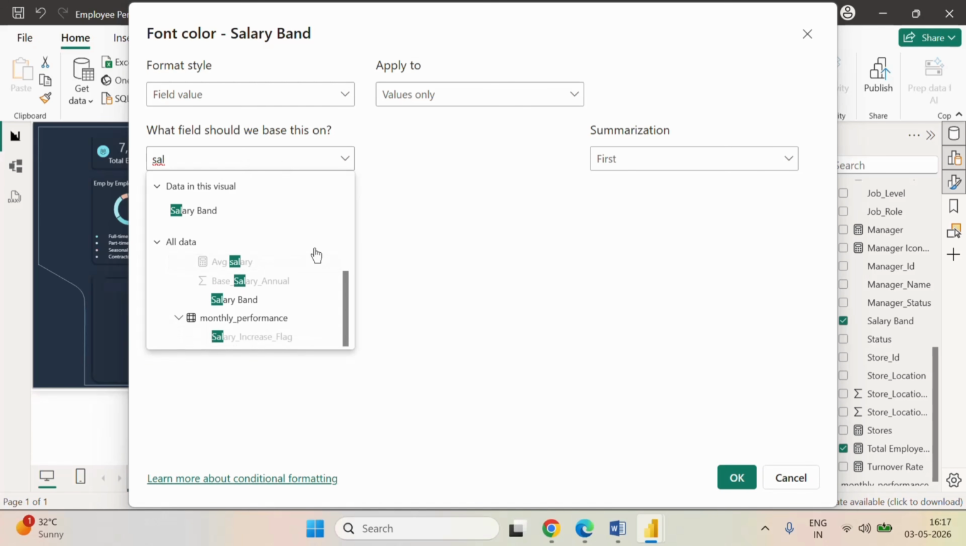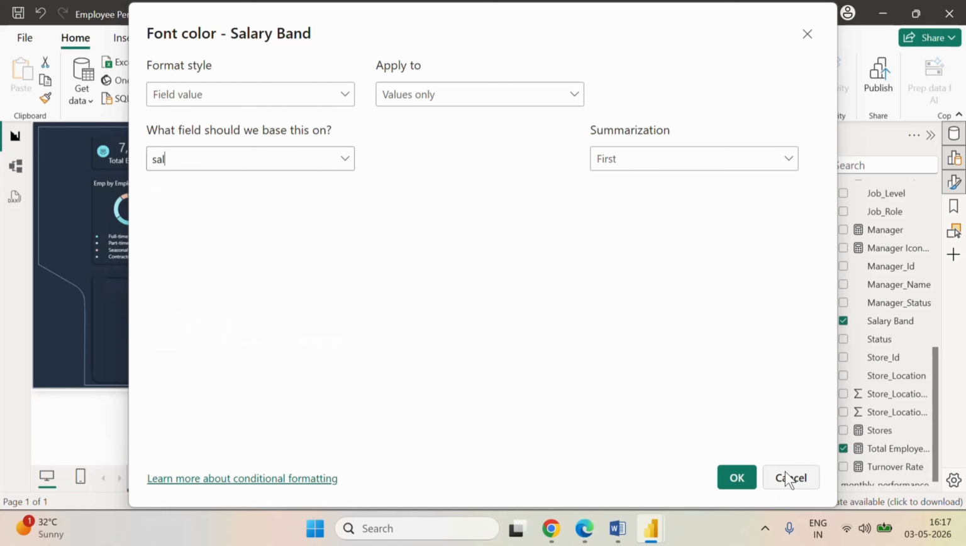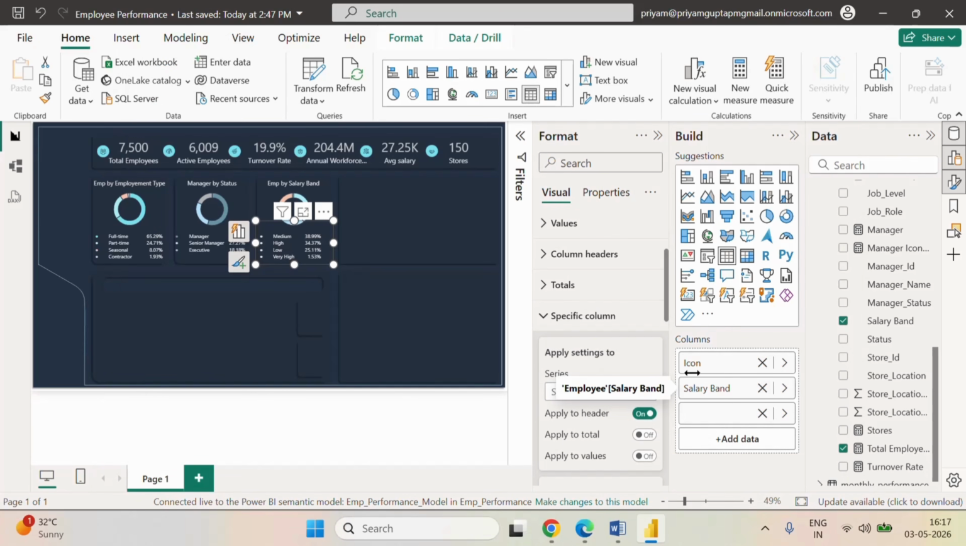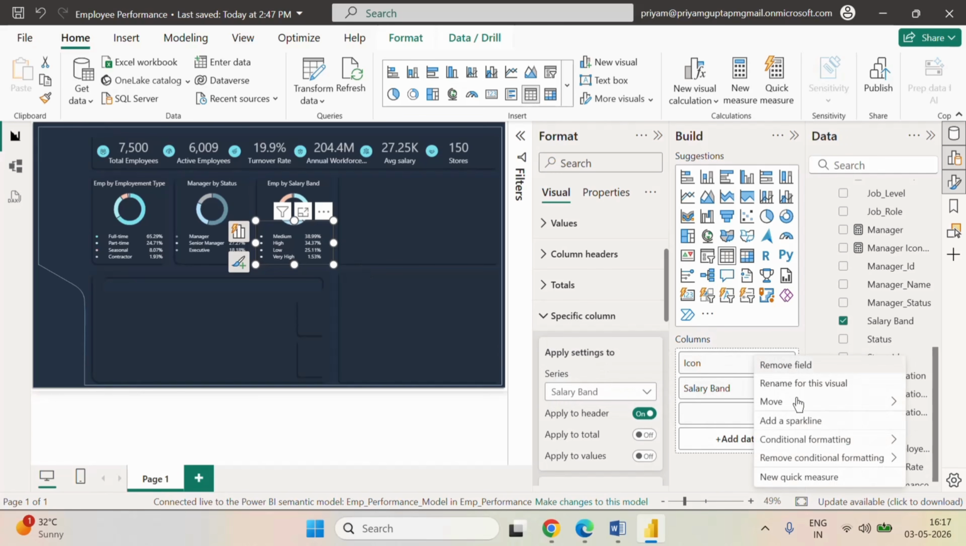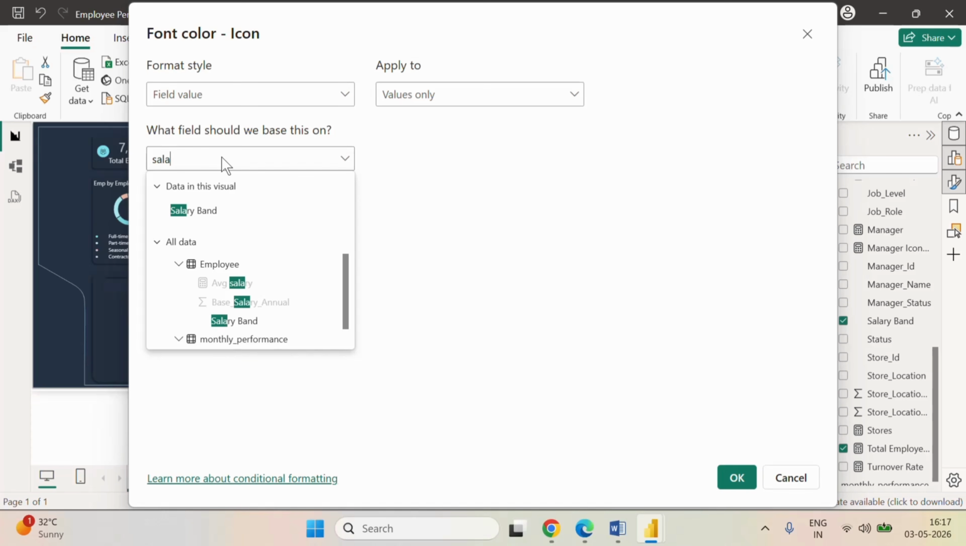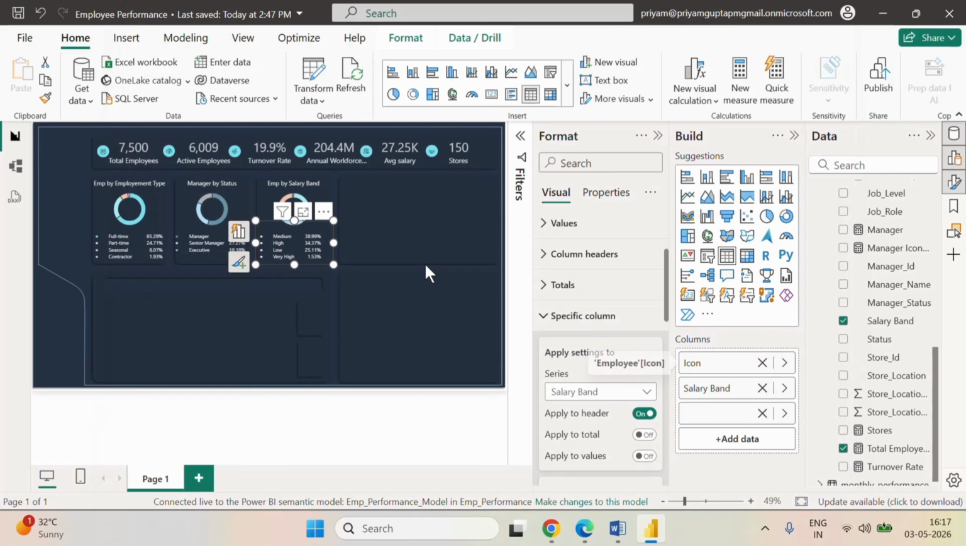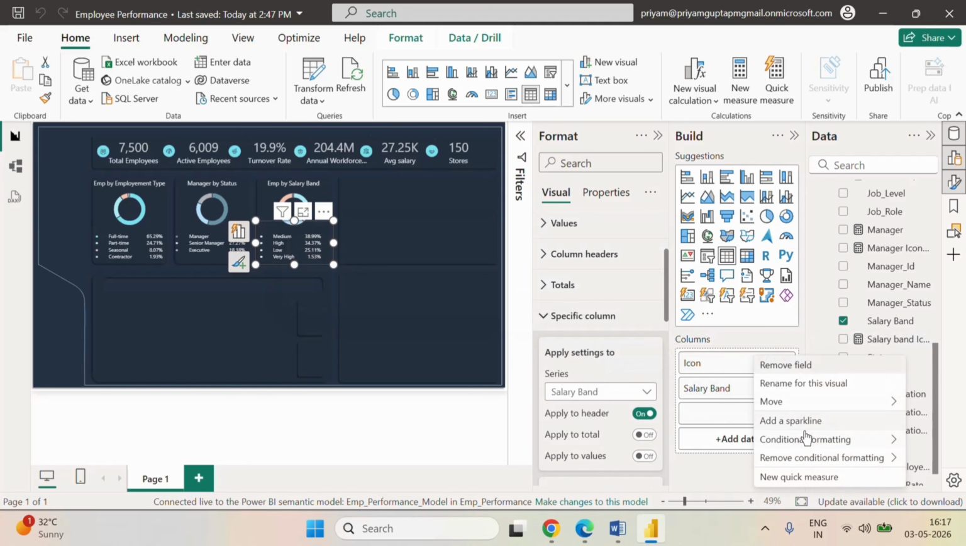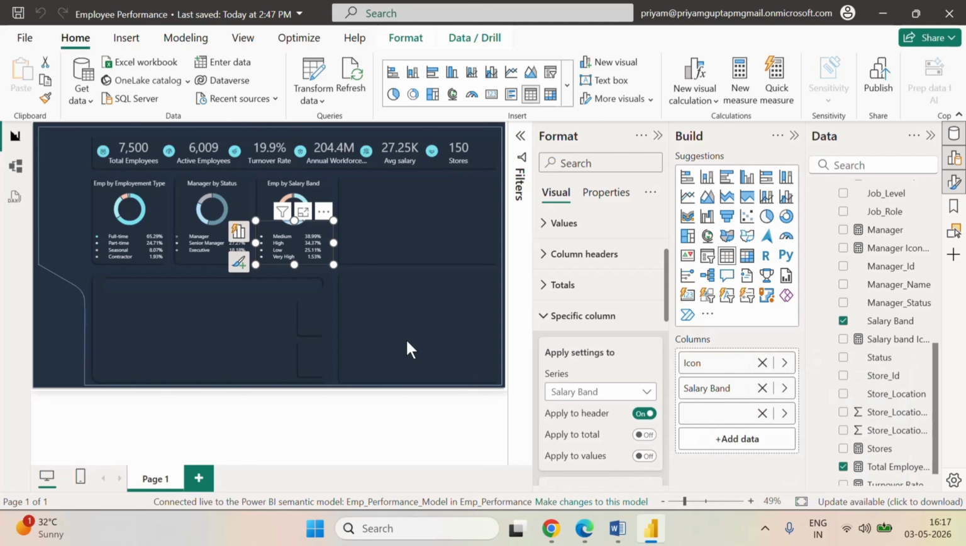it is not replicating here. Okay, I think it is not refreshed. Let me refresh it one more time. Now it has come. Now let me go to conditional formatting, font color,